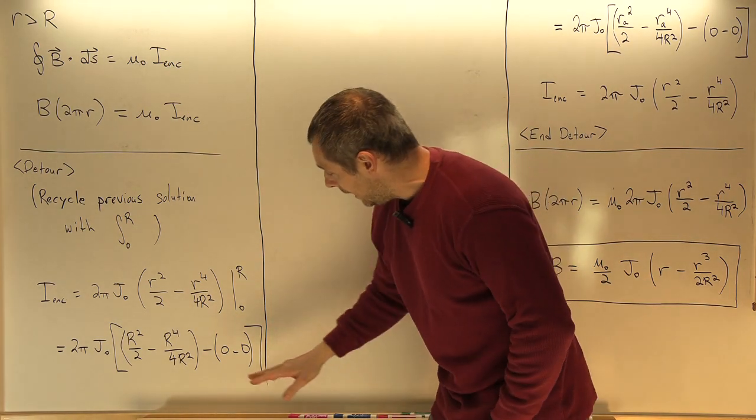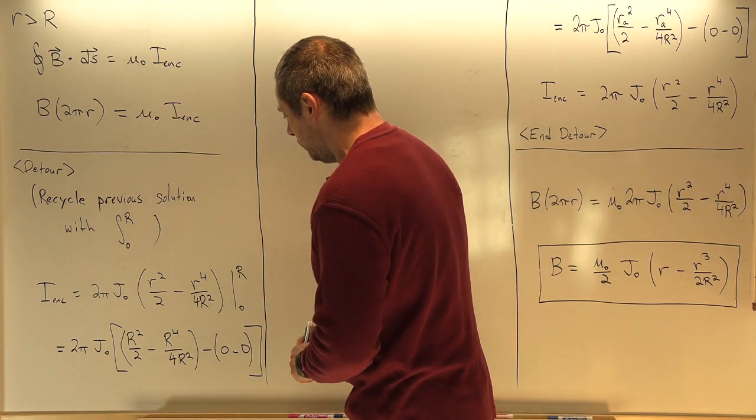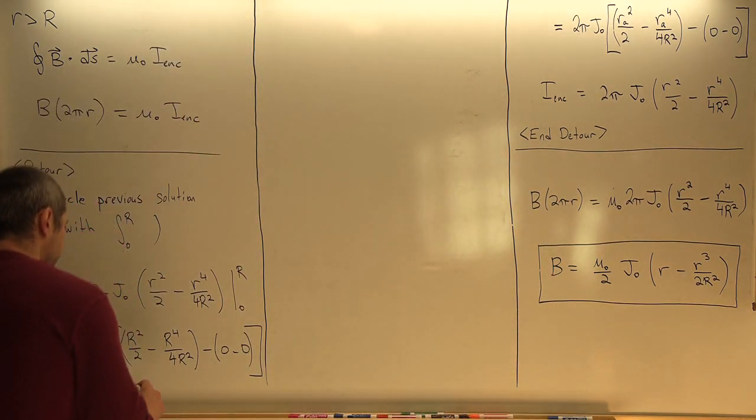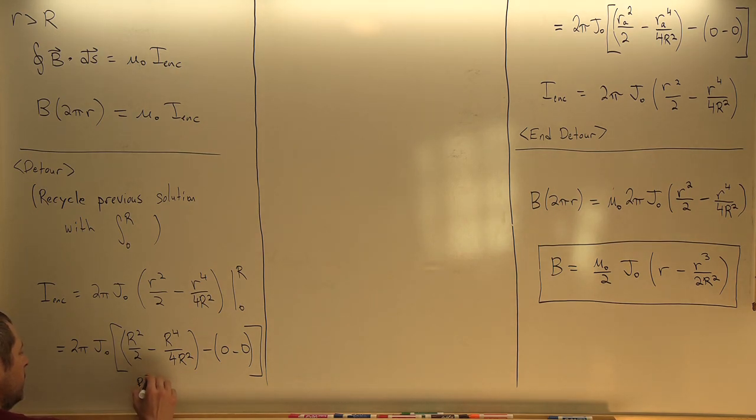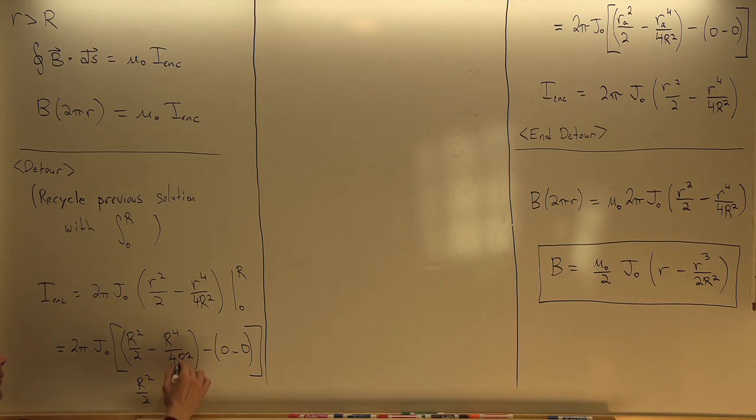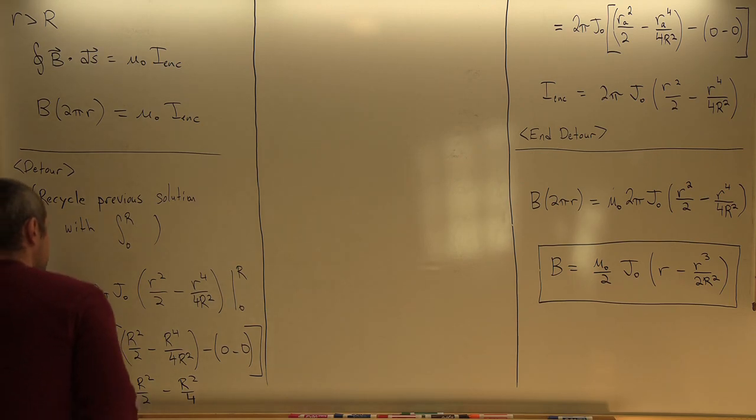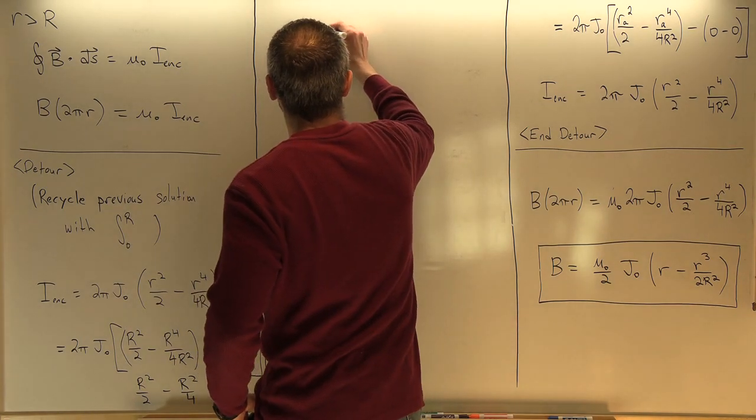All right, so what I can do is this simplifies to r squared over 2 minus r squared over 4. All right, this r to the 4th and r squared I could simplify like that. So what I can call this is 2 over 4 minus 1 over 4, which gives me just 1 over 4, r squared over 4. So I enclosed